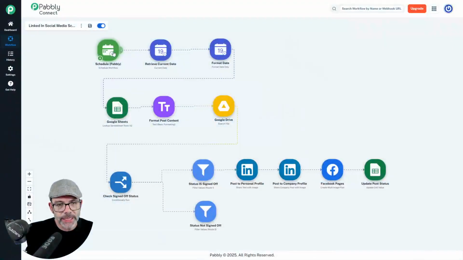So this automation basically every day picks up from a Google sheet what the post is for that day. So the automation will look on the sheet, it will find today's date, it will find the post, and then it will format that into a format that's ready for social media. And it also goes into my Google Drive and it collects the image that I've asked to go with that post. And all of that is scheduled on a Google Sheet